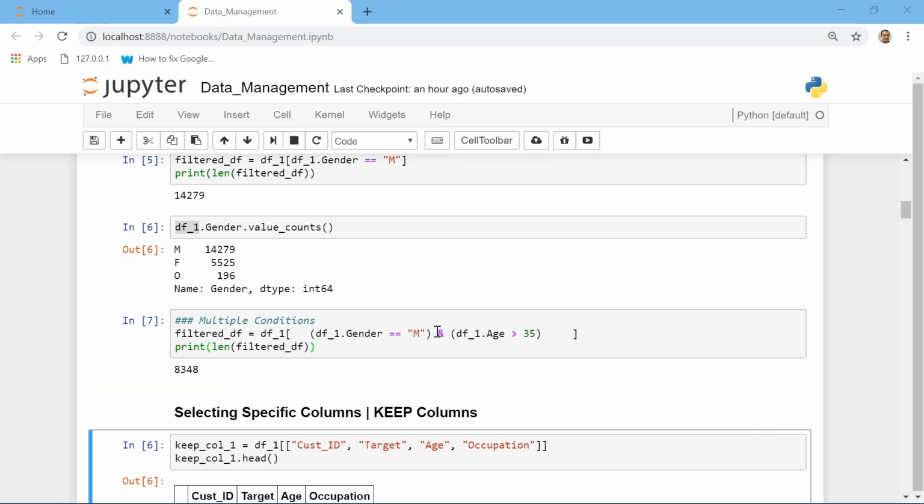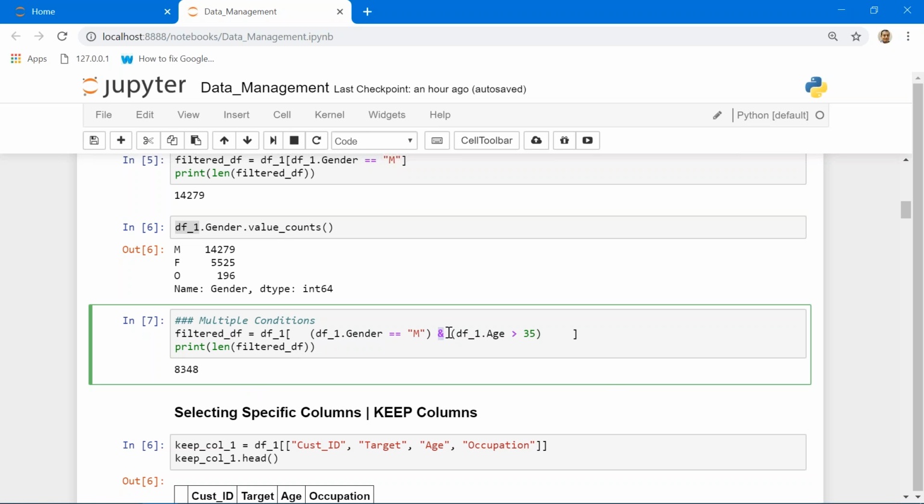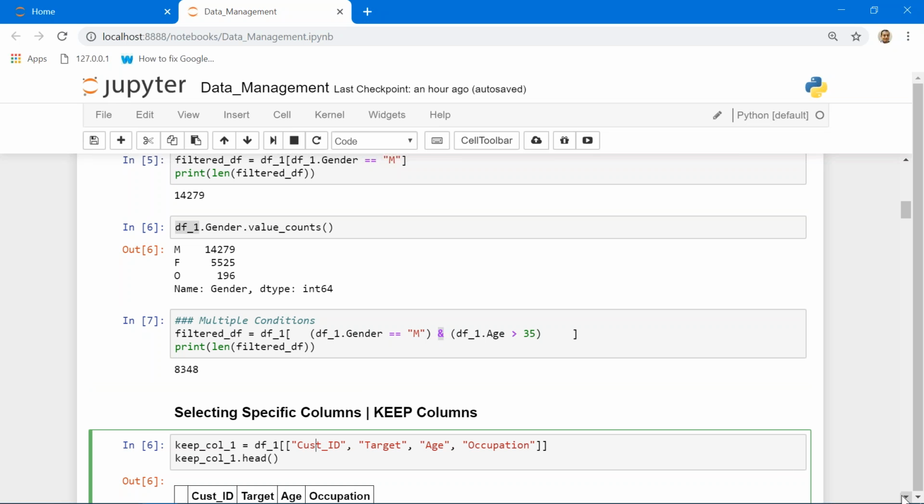Okay, instead of and, if my condition was I want to select all male or all customers whose age is above 35. In that case, what you will have to do, I leave it as a self practice. Okay, moving on,